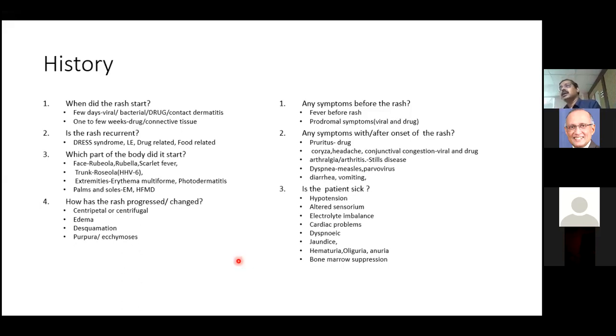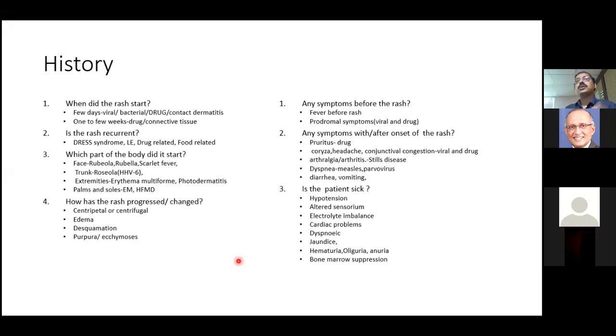Having said that, some viruses can produce an erythema multiforme, or some bacteria can also produce an erythema multiforme. It's not only drugs which can cause an EM rash. So you must always remember that also. The erythema multiforme rash may be precipitated by herpes simplex. So you have herpes associated erythema multiforme, HAEM we call it. So it could be a viral infection which has precipitated an EM, or it can be a drug which has precipitated an EM. Now the fourth question which you'll be asking: how has the rash progressed?